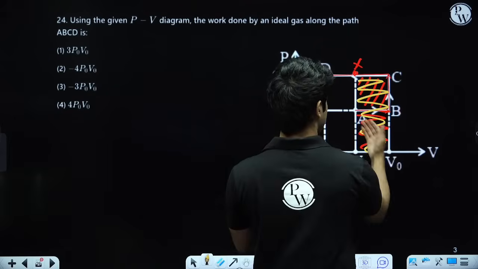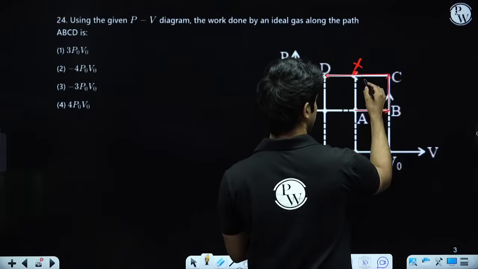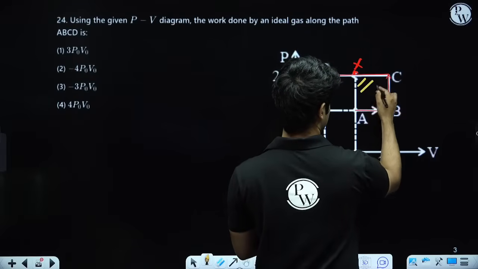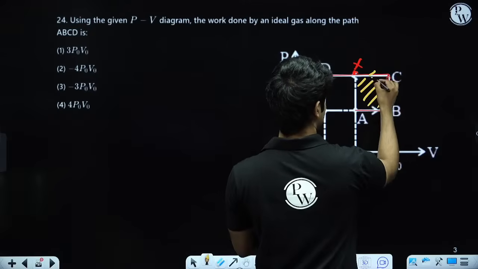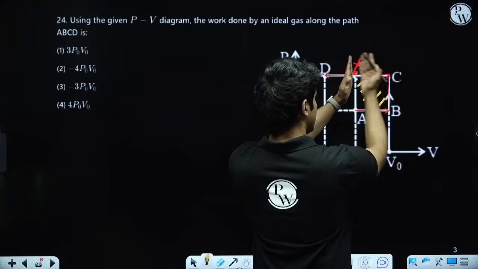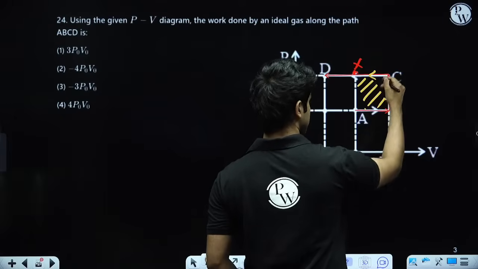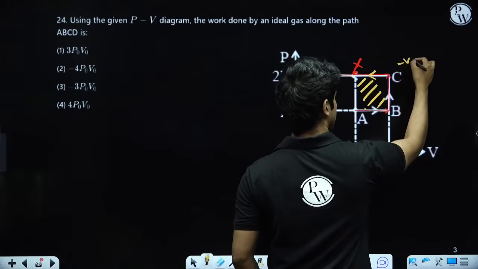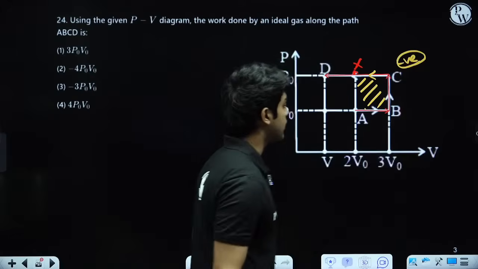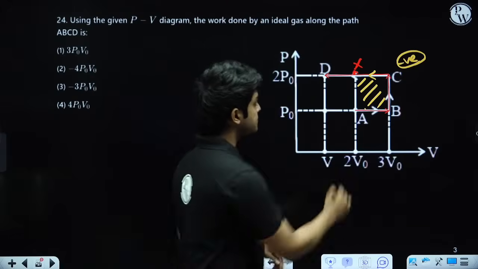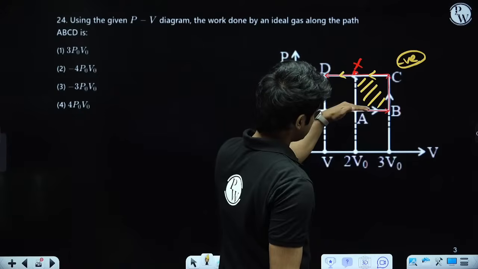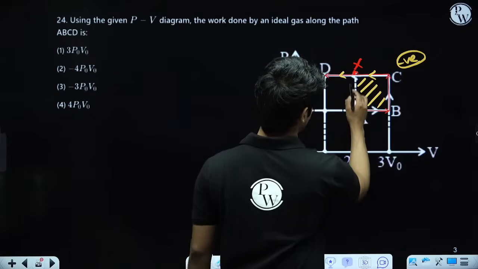So ultimately the net work done will be just this area. Okay, and because the compression process from C to X is the dominant one, because this is above the expansion process, effectively the work done will be negative, right? Negative compression work is negative. So which means this yellow area,